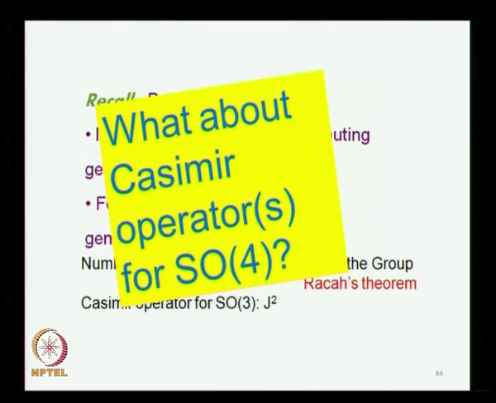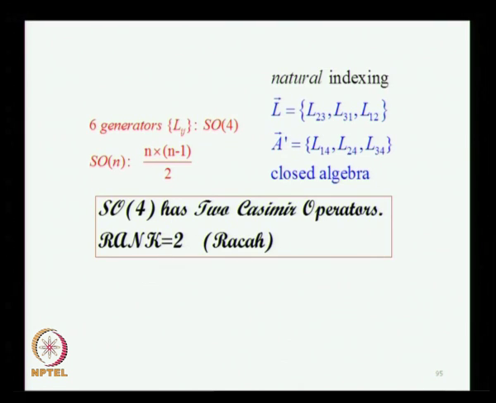Now that we know that the symmetry of the hydrogen atom we expect to be completely defined in terms of SO4 rather than SO3, we are going to now look for the Casimir operators for SO4. So let us ask this question, what are the Casimir operators for SO4? So we will construct them now. What we will do is to discover that SO4 has rank 2, and there are 2 Casimir operators. You will see what these are, and to get these 2 Casimir operators